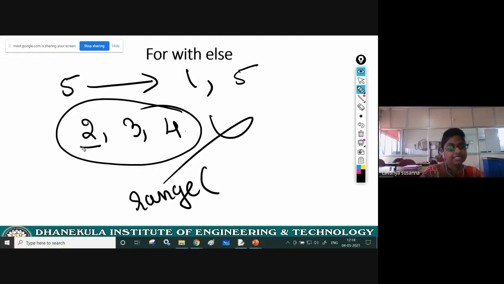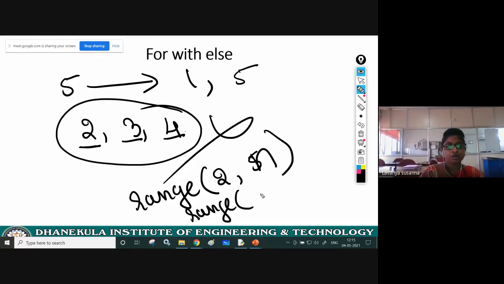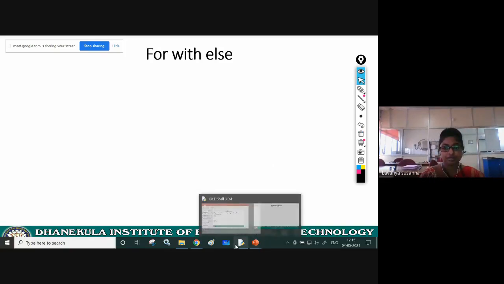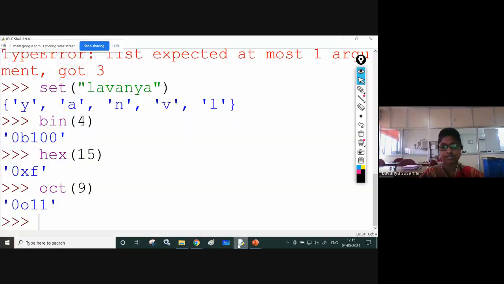Now for iterations, you need 2, 3, 4. That's why in range I have given 2 comma 5, 2 comma n. That is a range of 2 comma 5. That means how many iterations will you get? You will get only the values 2, 3, 4. Now let us see. I'll execute and I will show you. After executing, once again, I will explain. You'll understand well whether it's prime or not.